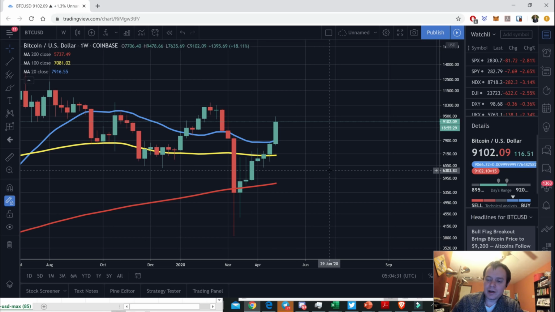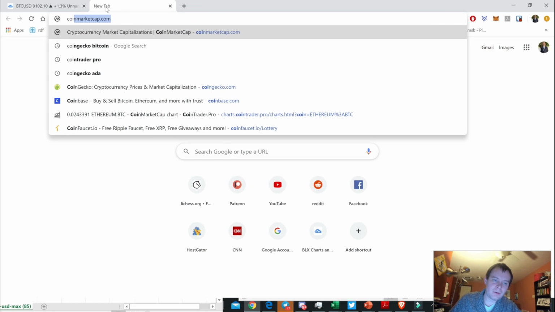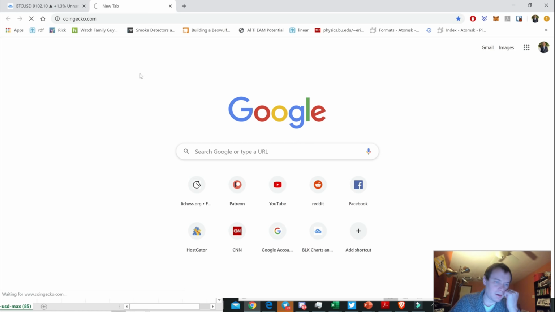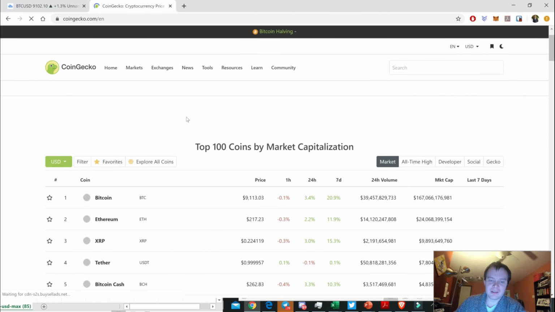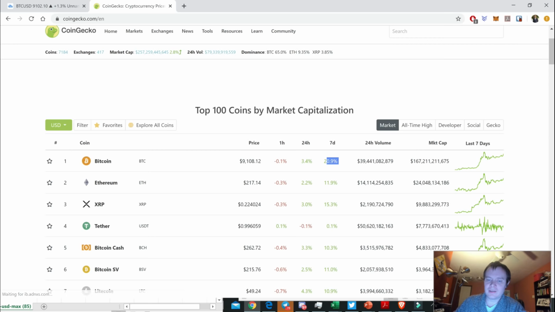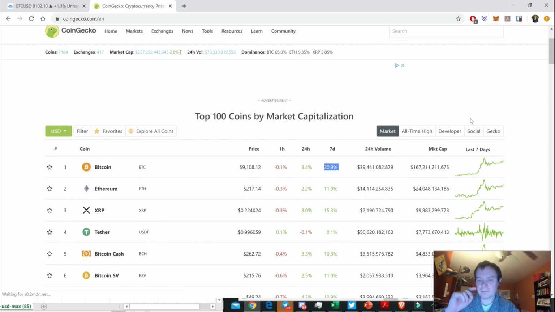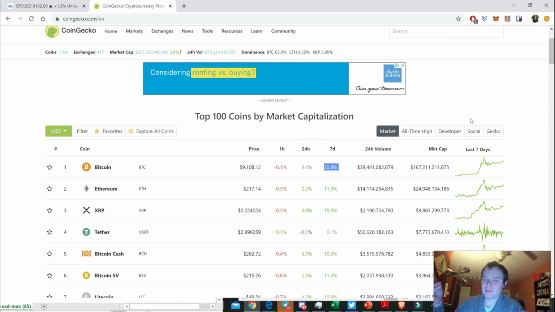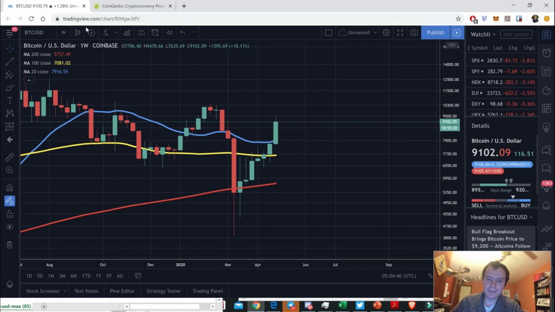I get a lot of questions from people that say, well, if the potential ROI from Ethereum is so much greater than Bitcoin, why would you ever invest in Bitcoin? Like, what's the point? Well, the point is squeezing out those trades at momentum shifts in the market, and we've talked about that before. So if we were just to go to CoinGecko and look at some of the price moves, this is a really good example. In the last 7 days, Bitcoin is up 21% compared to Ethereum's 12%. So timing these shifts in the market, when Bitcoin is below the 20-week to when it's above it, can actually be fairly substantial. So this is the primary point that I wanted to illustrate.